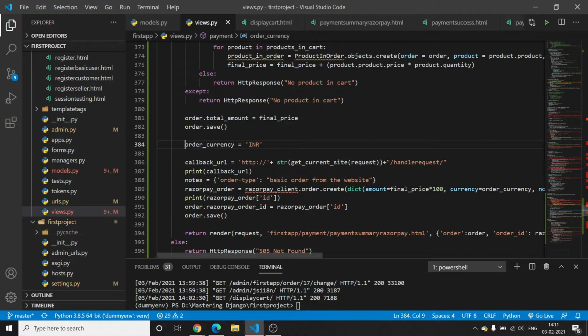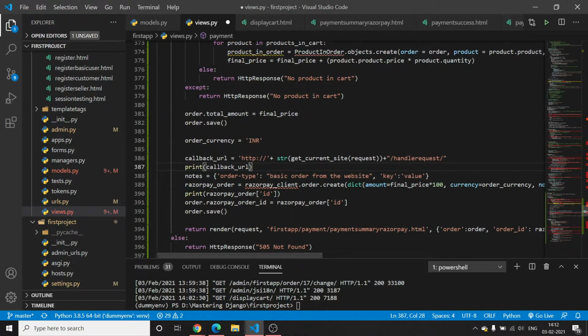And this is for notes. Like if you want to write some notes here, or add some more details you want to specify, then you can add them here. You can also add any type of key here, like key, and provide its value here. So it's basically just to add some details for that specific order. You can add this on your own, or you can also remove this if it's of no use for you.